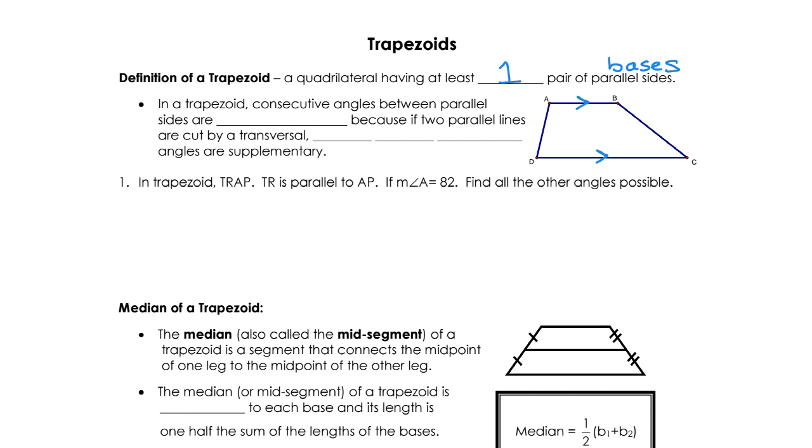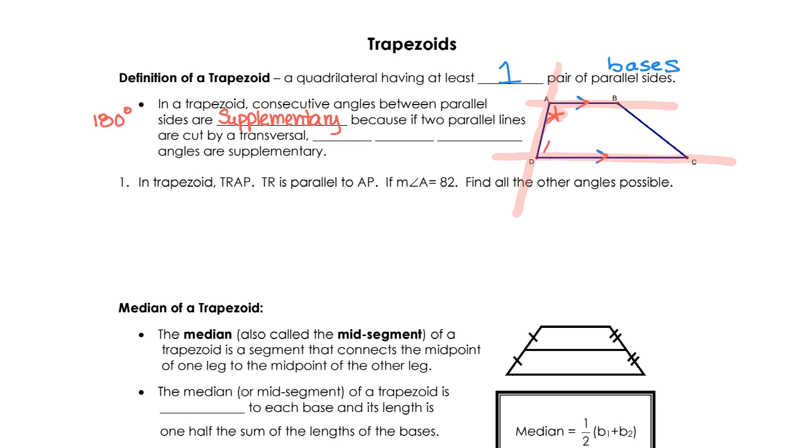Okay? In a trapezoid, consecutive angles between the parallel sides are supplementary, which means that they add up to equal 180 degrees. So remember when we talk about parallel lines cut by a transversal, that's kind of where that comes from. There's your parallel lines, and here comes the transversal. If we think about this angle here,